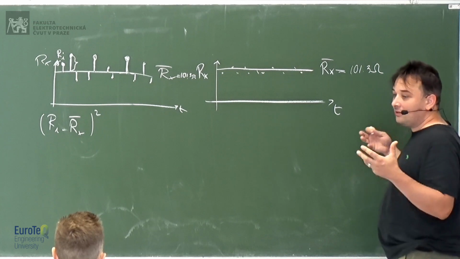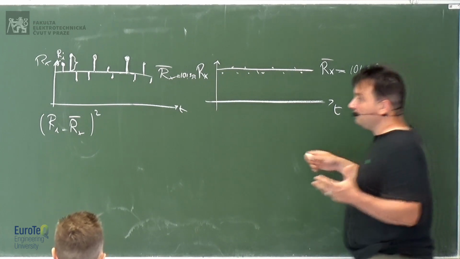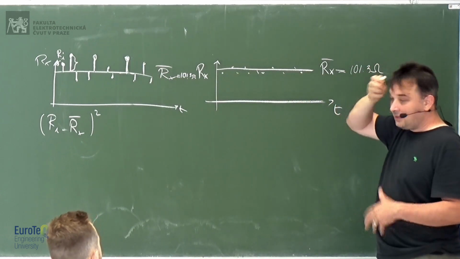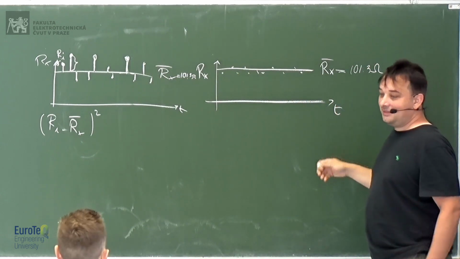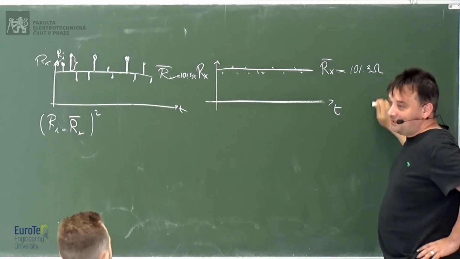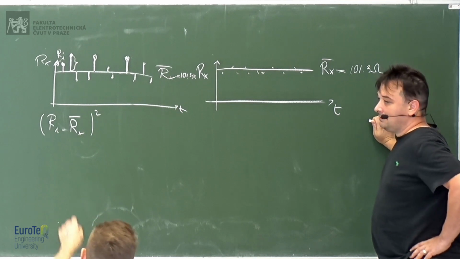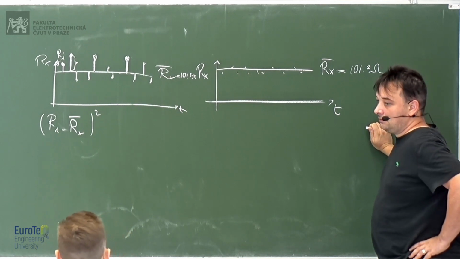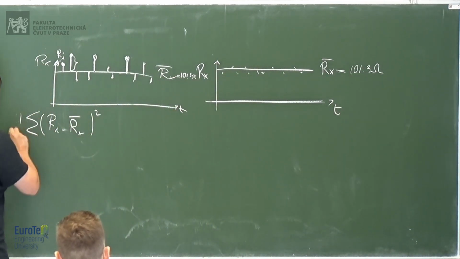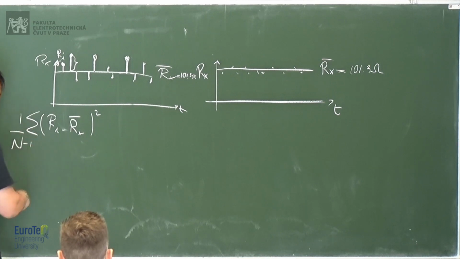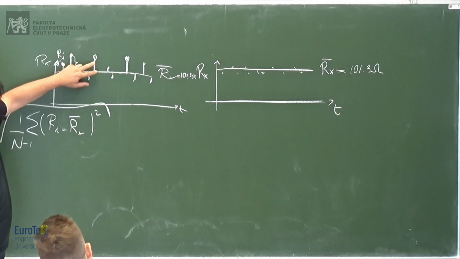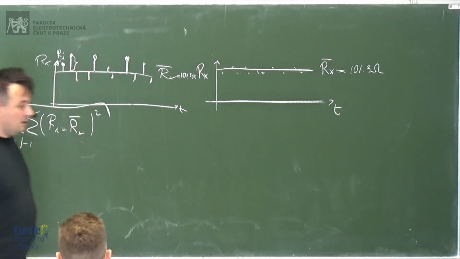So standard deviation means the typical deviation of the single point from the average: the average distance between the point and the average. We should have a sum before that. Yes, of course, then you have to sum them all. And then we should divide it by the number n or n-1, depending, and then you have to take the square root, because eventually it's RMS basically.